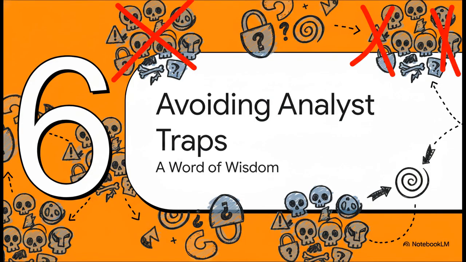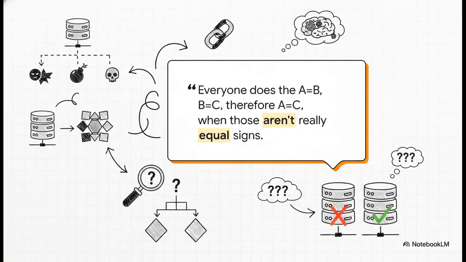Okay, I want to end with a really crucial piece of advice. This is something that really separates junior analysts from senior ones. And it's all about the danger of grouping threats incorrectly. Listen to this quote from Sergio Caltagirone again. Everyone does the A equals B equals C, therefore A equals C, when those aren't really equal signs that we're